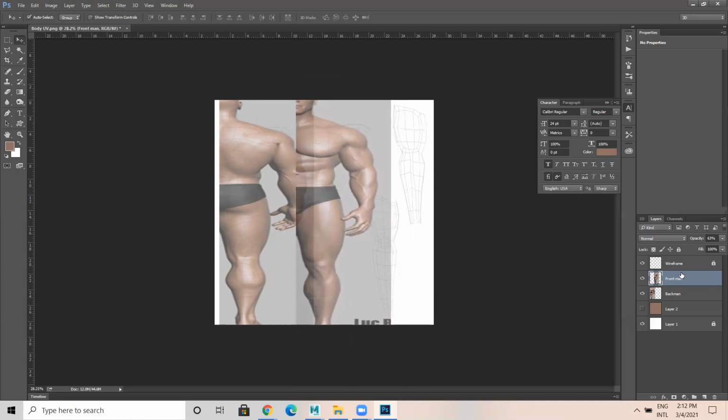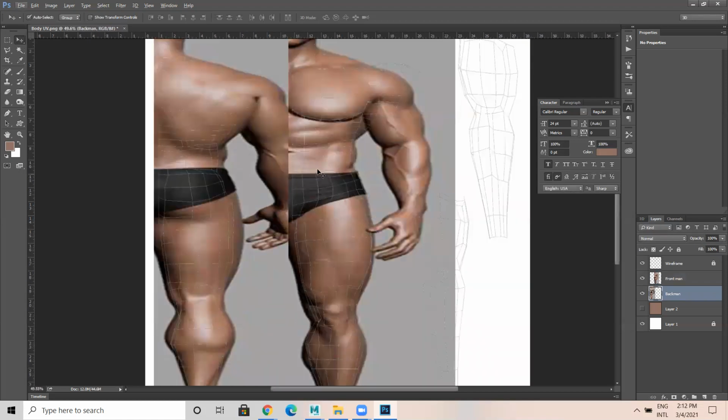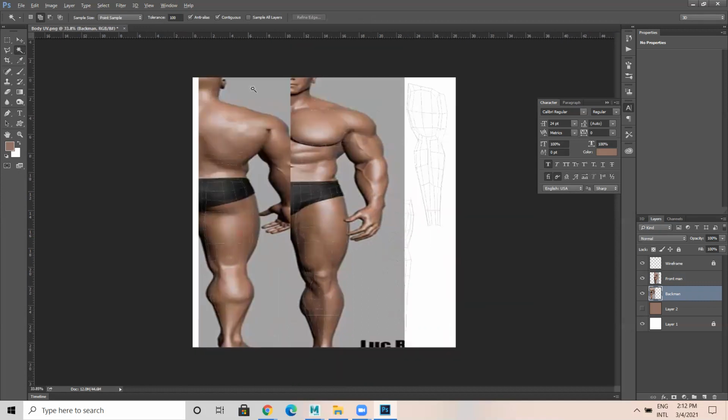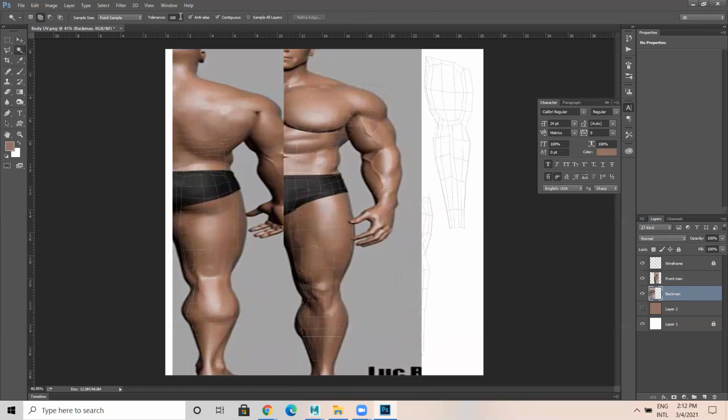Enter. So now what I'll do, increase the opacity of both. You need to match this properly, then only you get a proper output. So now the front view and back view, we have matched it. Okay, I'm gonna select this. I don't want this gray color, so that's the reason I need to remove this. So tolerance, I'll make it 20. I'm gonna select this, I delete. Select this, delete. This, delete.